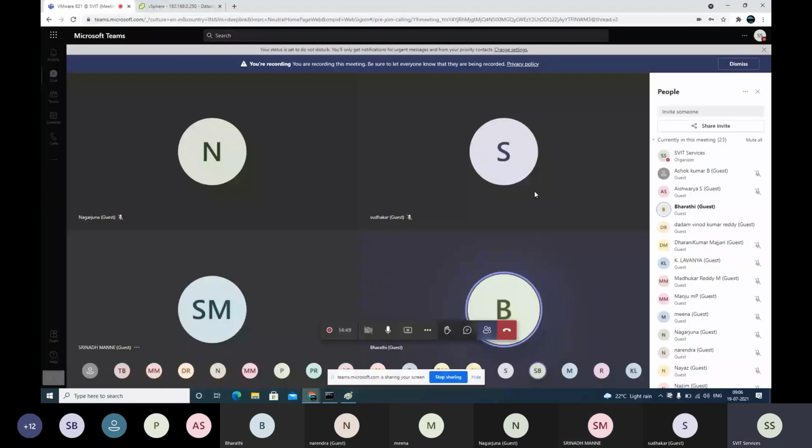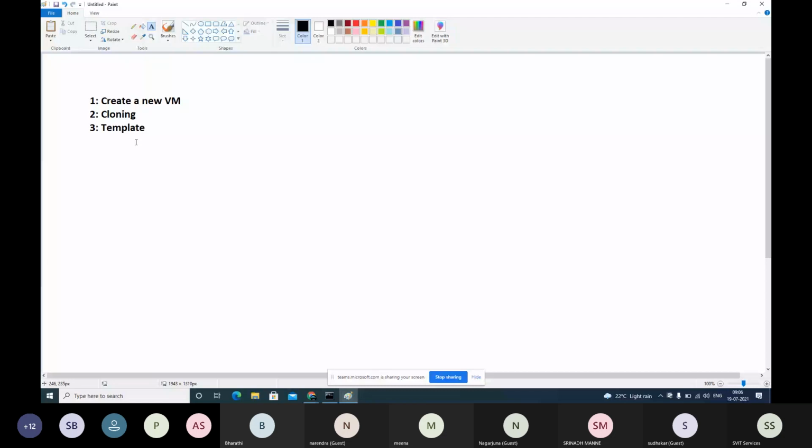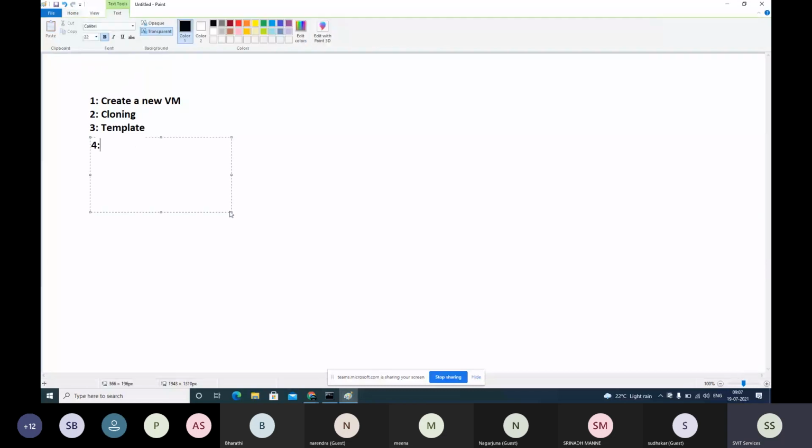Template is a standard image to create a virtual machine. So these three methods we have discussed, and which one will you prefer out of the three? Template. Prepare template.